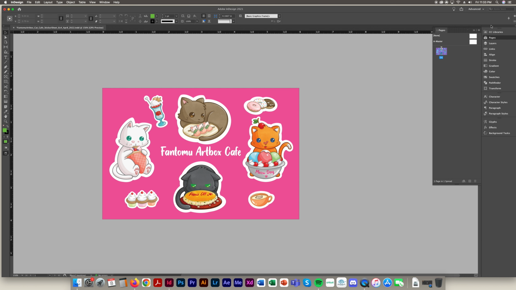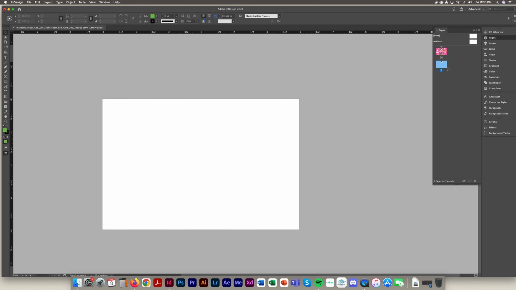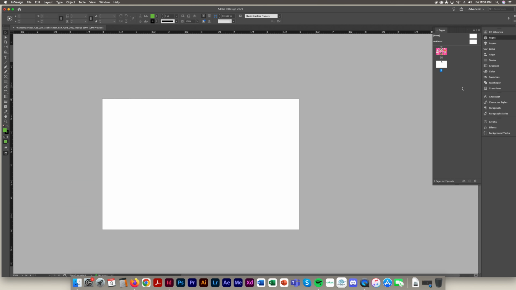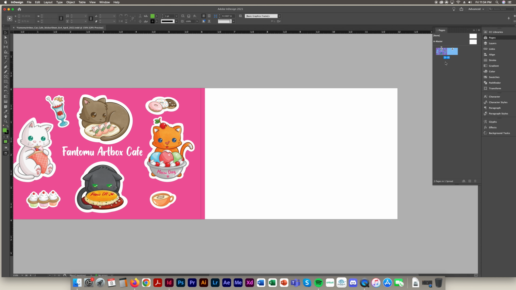And then if you add a new page, that allows you to put the pages as facing pages. So I created facing pages, which, as you know, is a magazine side-by-side layout or any kind of book. I basically did that by doing allow document pages to shuffle and allow selected spread to shuffle, added a new page, and then once you see a bracket and you've dragged this page over, it pretty much puts it beside it. If you don't want this page beside there, you just drag it off to the,